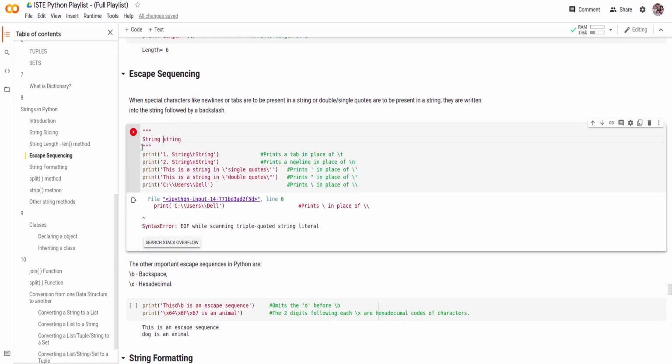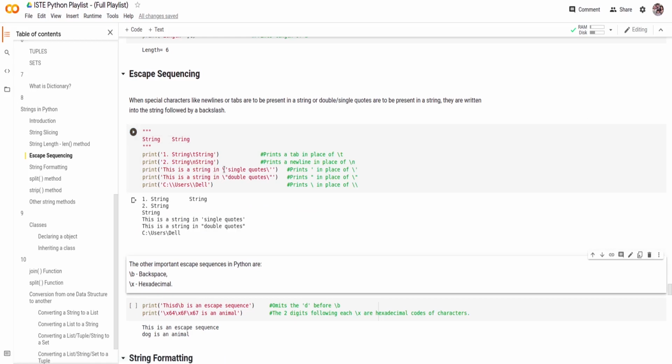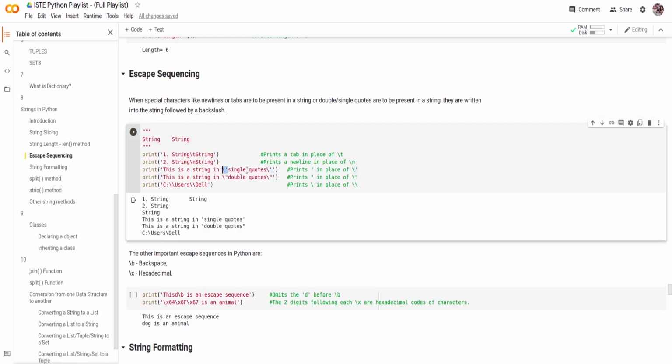If I want a string and a tab string, I can do this just by using space, but it's easier to use a \t here. Similarly, if you want to enter single quotes, you can just use a slash and a single quote. When you do a slash and single quote, it knows that it isn't the end of the string and that you just have to print out a single quote. Similarly, you can use the double quotes in the same way.